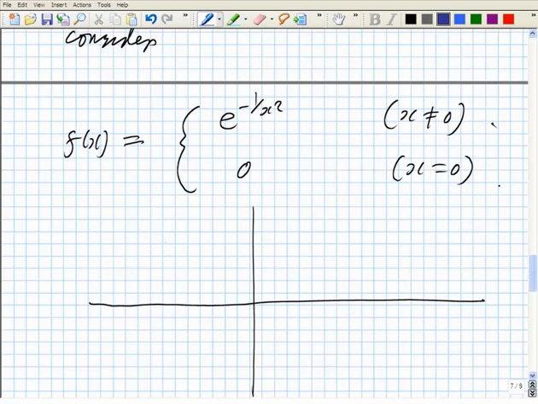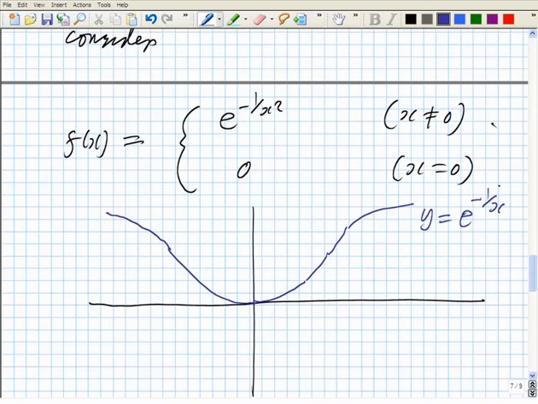And the way this function behaves near the origin is it's incredibly flat. So flat that it's very hard to draw it sensibly. And if you ask Maple to draw it, it'll look as if it comes in along the axis, no matter what scale you look at. Once it gets away from the origin, it starts to turn around and heads up towards 1. But I'm not worried about that.